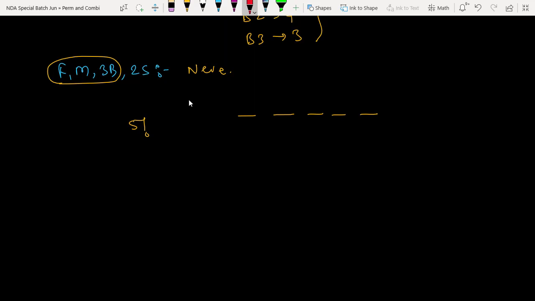Look here, 1, 2, 3, 4, 5, 6. 6 vacant places I have created. Now when sister 1 will come, how many options is she looking for? 6 options. When sister 2 comes, she will have only 5 options. So what is my total answer? It's 5 factorial into 6 into 5.